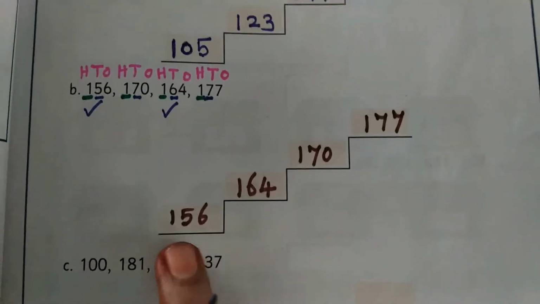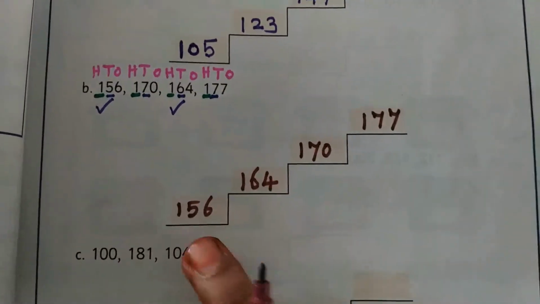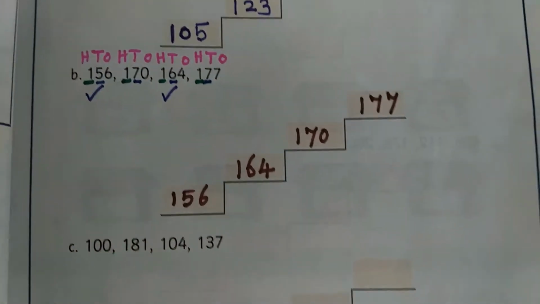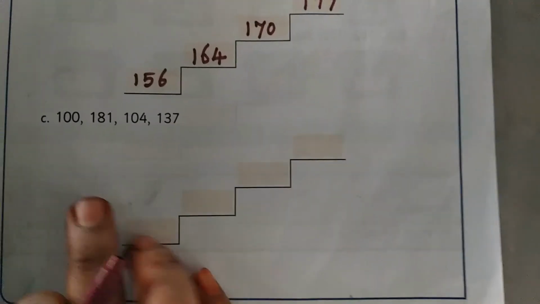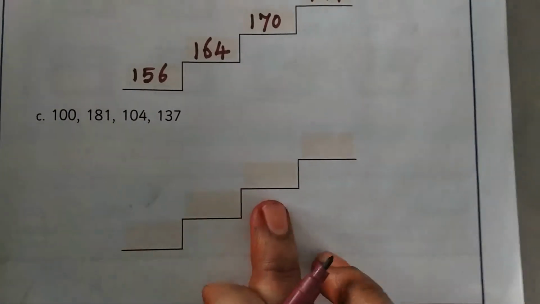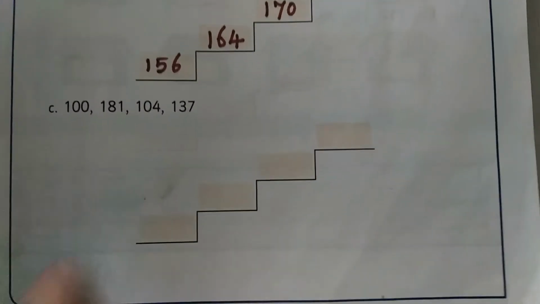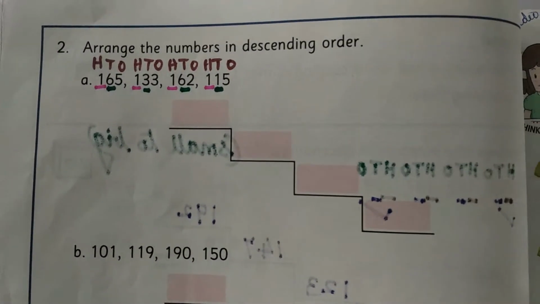Okay children. So from small to big we have arranged these numbers. This we call it as ascending order. Okay children. Yes. See the next question. So you can do by yourself. Sit along with your parents and you can do by yourself children. Yes. Now take page number 38 children.